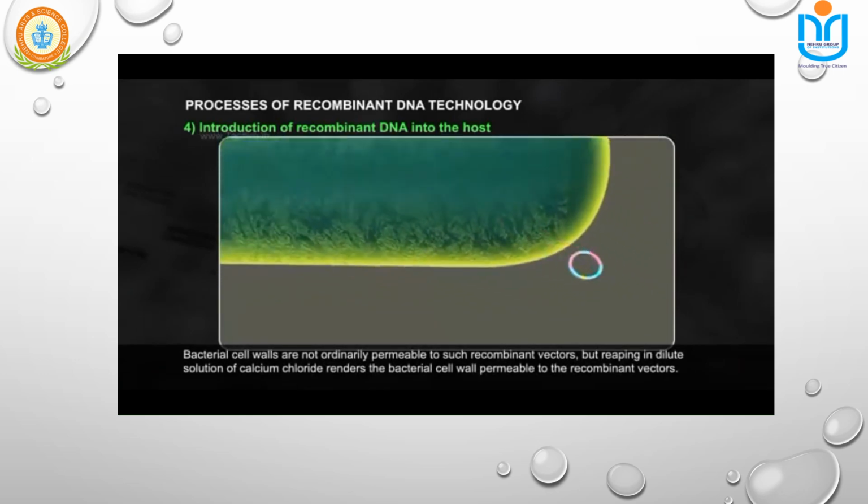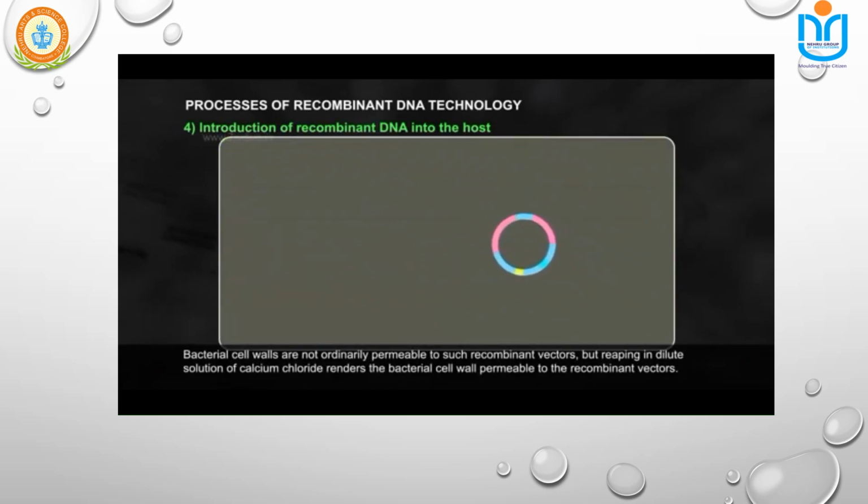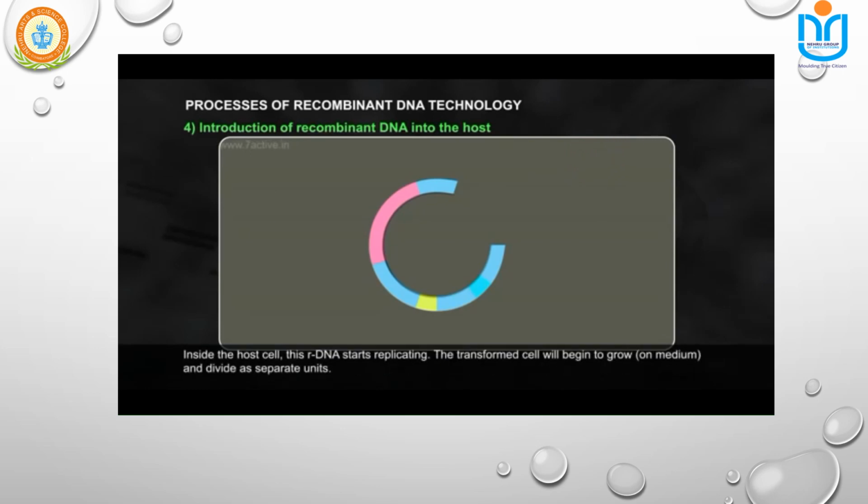Bacterial cell walls are not ordinarily permeable to such recombinant vectors, but treating in dilute solution of calcium chloride renders the bacterial cell wall permeable to the recombinant vectors. Inside the host cell, this rDNA